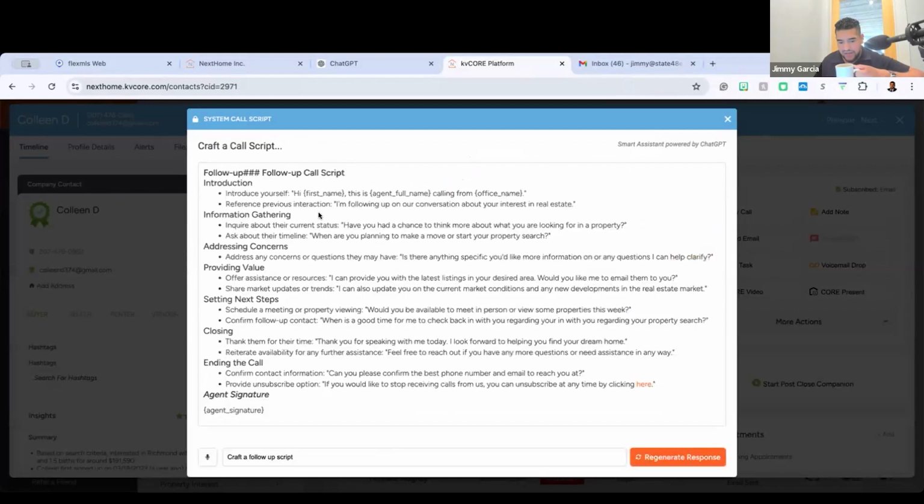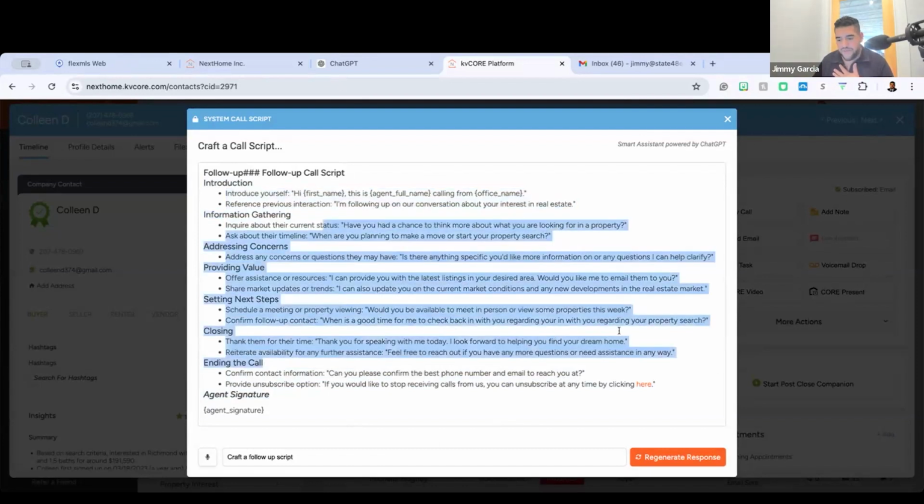And again, if you are able to follow along, I highly encourage you. Okay, pretty generic, right? Kind of a pretty generic script here. You go and customize this. What is going to be released is that the script is going to be based on what their actions are as a lead, right? So, hey, Colleen, I saw that you looked at these 3 properties last week that were in this price point. Here are another couple of properties that are very similar to this, right? So the AI is going to be eventually incorporated where it's going to build on top of what that lead is actually doing, instead of just kind of generic, okay, hey, thank you. Have you had a chance to think about what property you're looking for, or when are you planning on, right?